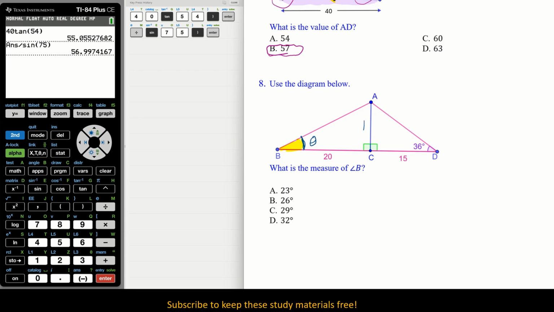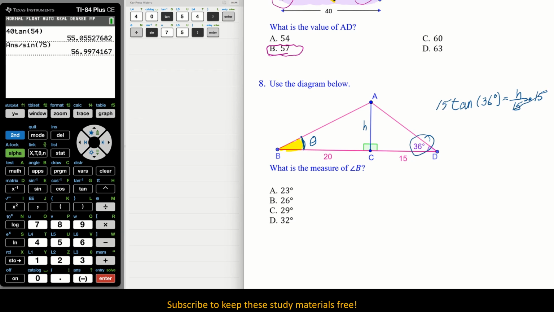We need to get this h. Well, how do we get this h? Well, we can use this 36. That means we have tangent, opposite over adjacent, okay? Which means that, I'm going to write it over here, that our tangent of 36 degrees equals the h over 15. Okay, well, if we multiply both sides by that 15,